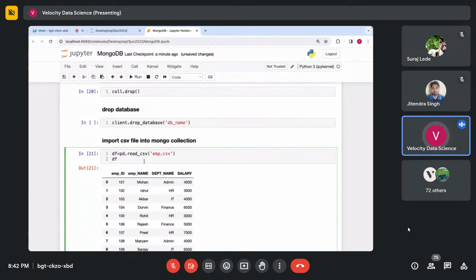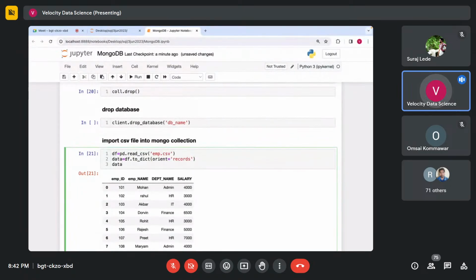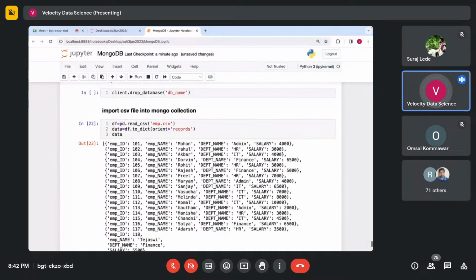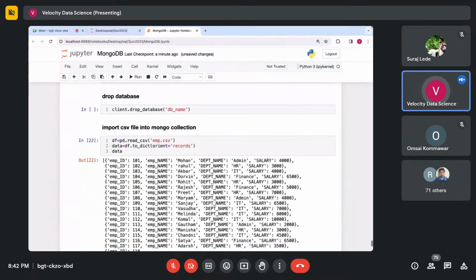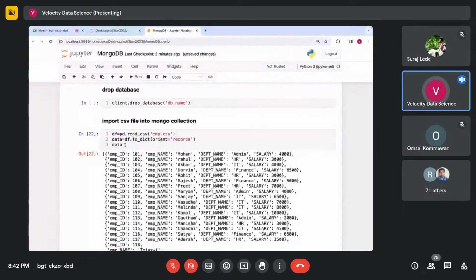Now can we save this data frame directly into a MongoDB collection? Directly इसे collection में save कर पाएंगे क्या हम? You have to convert it into a dictionary. Yes, we have to convert this data into dictionary format with the help of this to_dict function. The parameter you need to pass to this to_dict function is orient, and the value should be records. So now if you assign this to a variable called data and print it, whatever was in our CSV file is now here in the form of a dictionary,